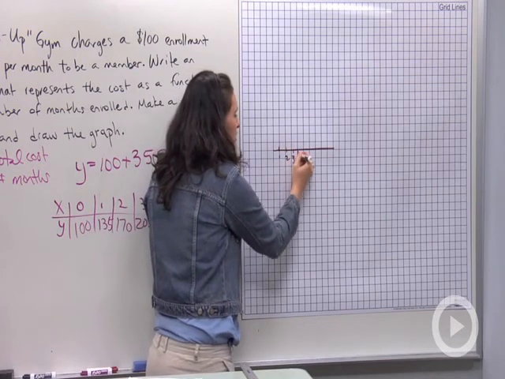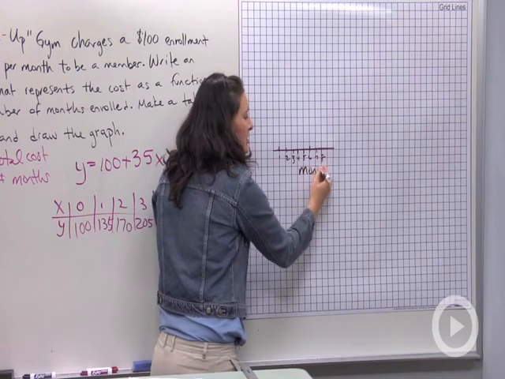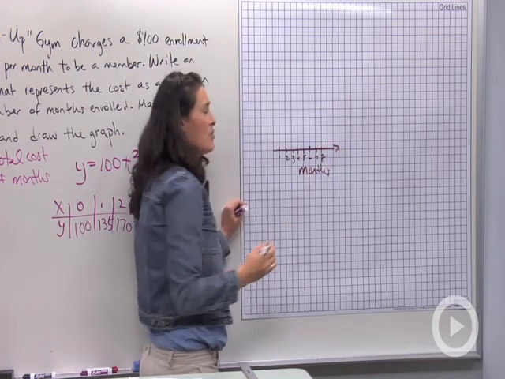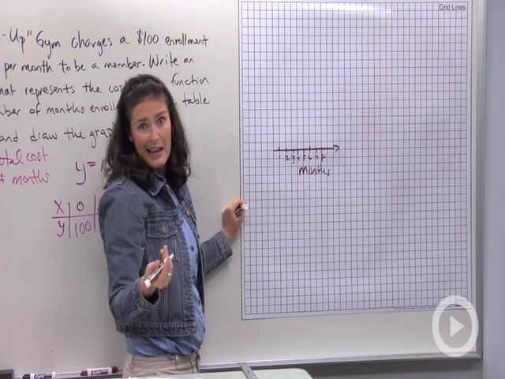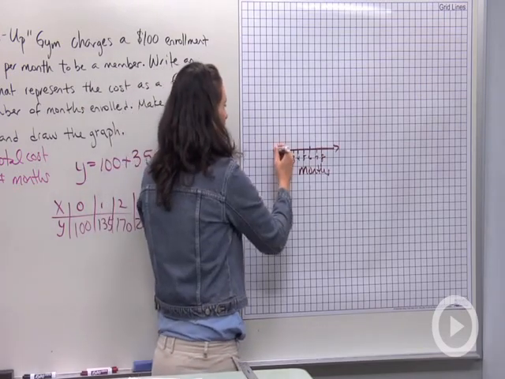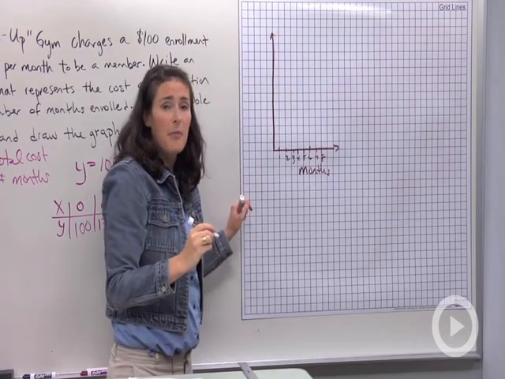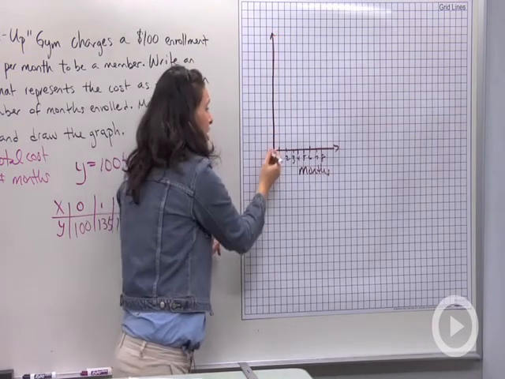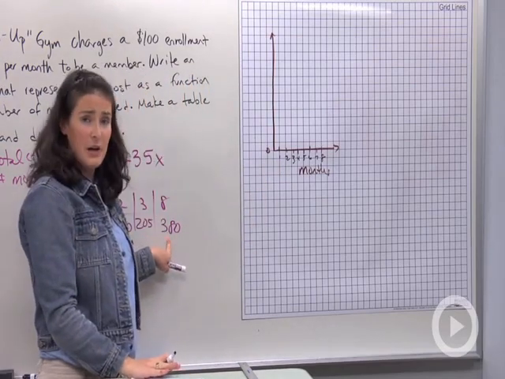1, 2, 3, 4, 5, 6, 7, 8. I'm also going to be sure to label that as months so that whoever looks at my graph knows that I'm talking about 8 months and not like 8 years or 8 days or whatever. Next thing on my y, or vertical axis, I want to represent money spent. I'm going to start at 0 because I'm not spending any negative numbers, and my highest value from my table